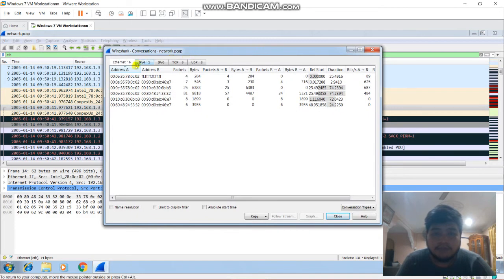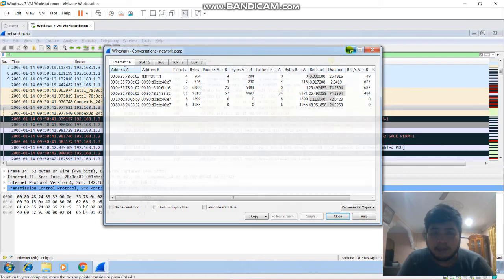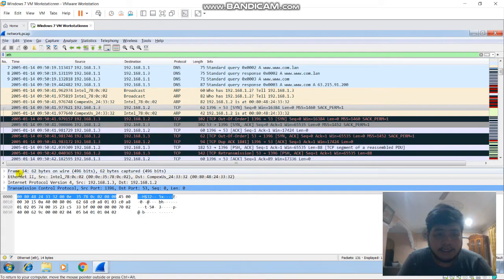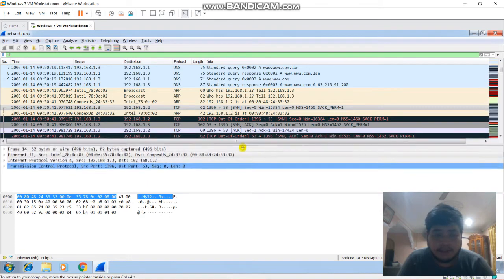Okay, if we can see here, this is the MAC address from the sender, and it is from the host server, and this one is the port, which is from the sender. Not only that, we can get the information about the address. If we can see here, we can get the information from this table.